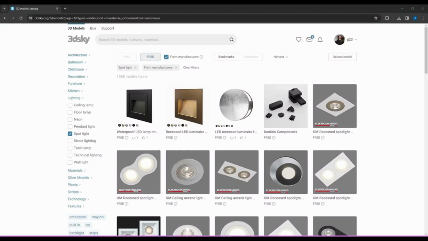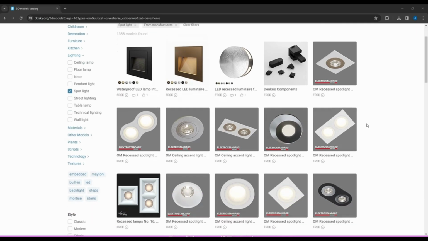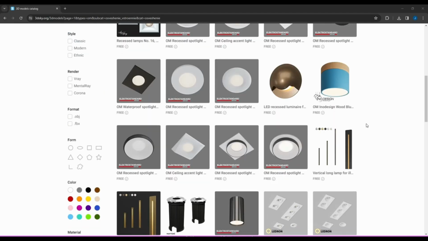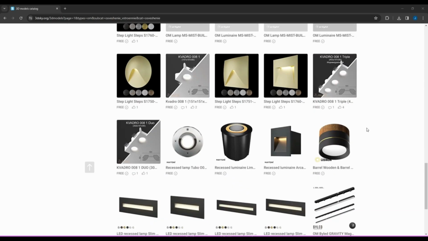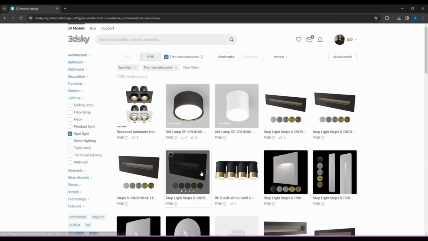So guys, we're going to install some other lighting into our scene now. So if we head on back to 3D Sky and we go into spotlights and click manufacturers, and this is actually from companies all around the world, I believe, who upload their models for free. So if we go down, and what we need is a nice circle light spotlight. So just go to the next page,